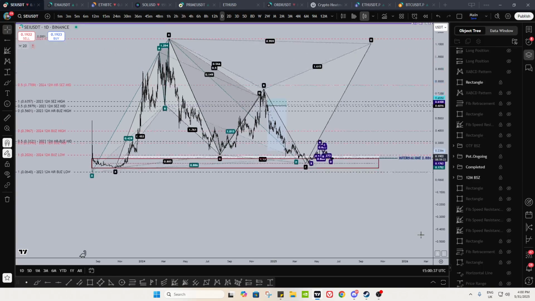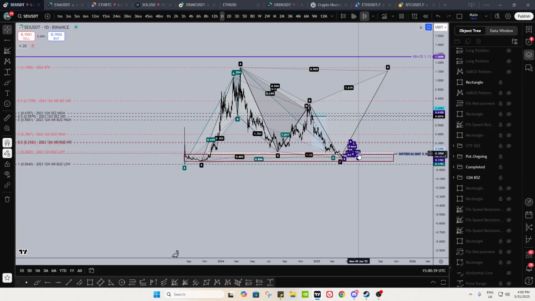I personally wouldn't, because if you're entering any of these coins for me, AVAX, SAY, SUI, Aptos, you know, ETH, all of these, which are my bigger spot plays, I'm getting in them because I think they're going to do really well on the macro. I'm not entering them because I think I can get a nice 3RR trade-off. No, I'm entering them until I see macro distribution, because I think they can go up. SAY can go up to 77 cents. I think SAY can go up to fill this harmonic if everything goes crazy. Those are the reasons I'm getting into this with size now.